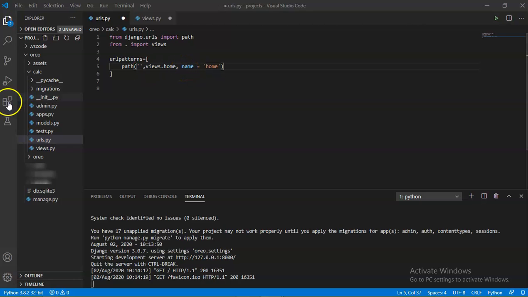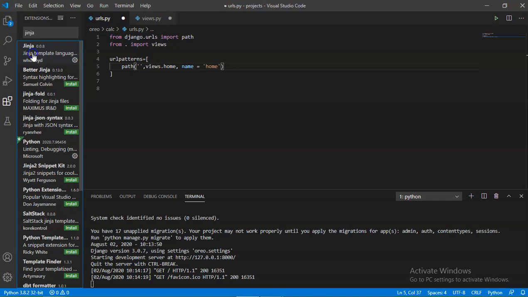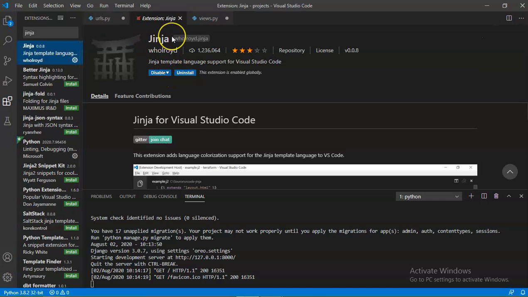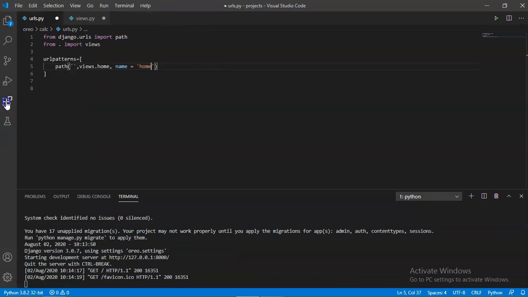So for that, click here at extensions and download the Jinja extension for Python, which is Jinja template language. So here you can install this. After that you will be able to see that. This shows that what code I am writing, my system is able to interpret that. So we are done with the urls.